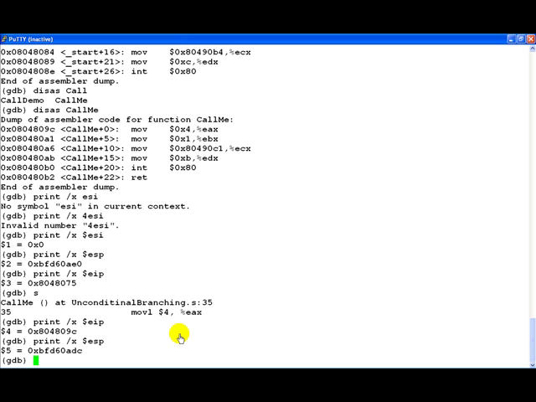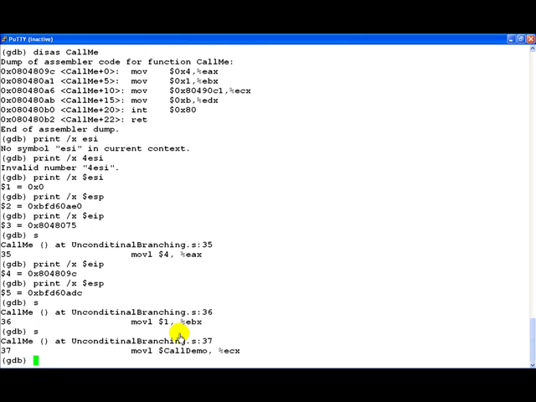Anyway, we'll get into many of these things in later videos when we talk about the stack and what is really happening. At this point, we'll keep it very simple and just look at some of the changes. So now the EIP has been changed. Let's quickly step through the program.